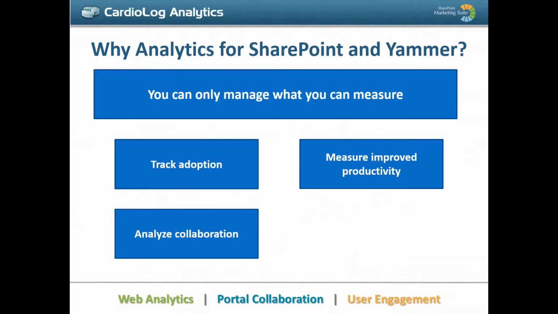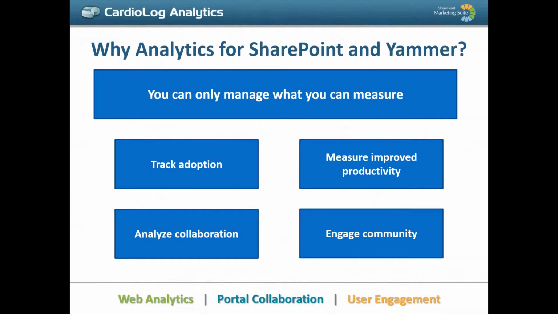Collaboration. Of course, one of the keys when implementing social platforms is to help collaboration, to use email less and less over time, and use more of the social features within SharePoint out of the box and Yammer. So we want to make sure that people are collaborating and leveraging those technologies. And then finally, the engagement of communities. Again, this all goes back to adoption, but once we provide these platforms and technologies, we want to make sure that our communities really are engaged.